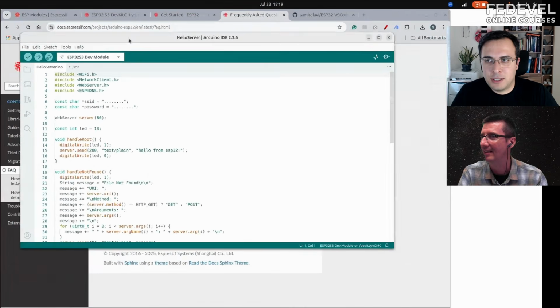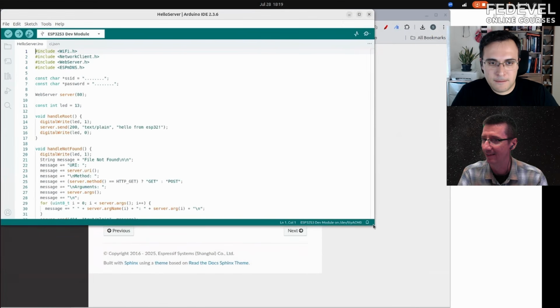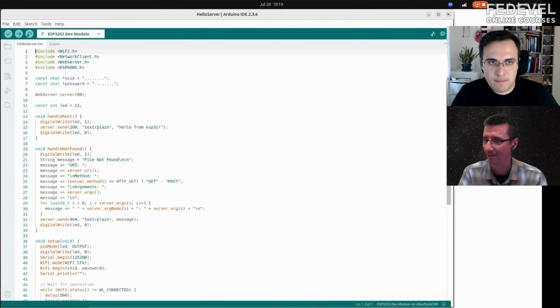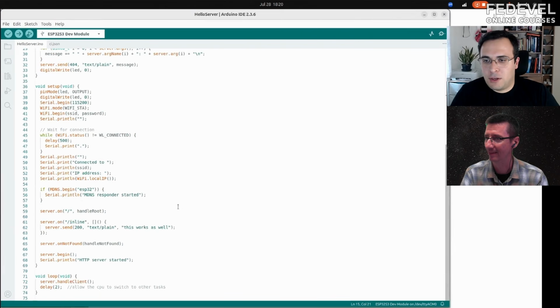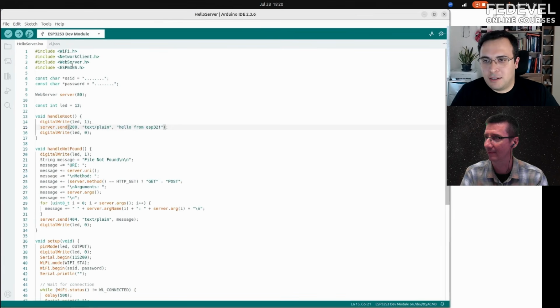Let me make sure it is the right size. Okay, good. So here you can see that it is just one file, and we go through the details of it. But the whole idea is that it runs a web server and it connects to an access